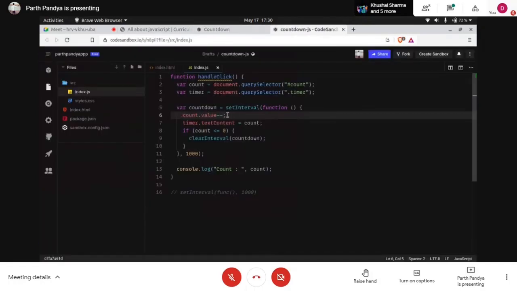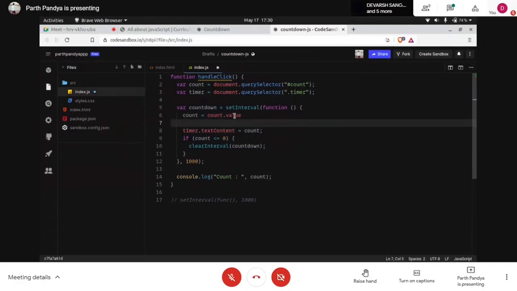It is not okay. First of all, we have to give this value to a variable. Not count.value. Let's suppose a counter, where we create another variable counter, and then we can do this counter minus. But for that we have to change all these variable names.